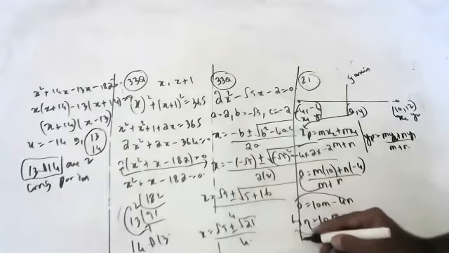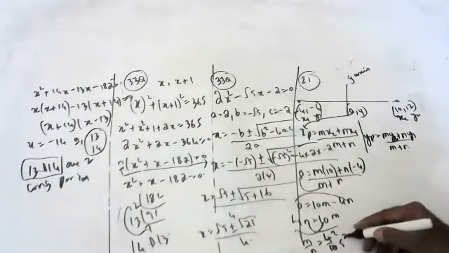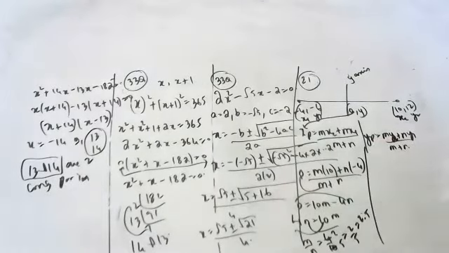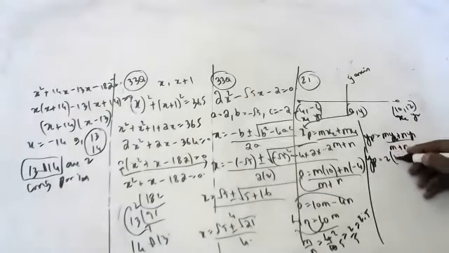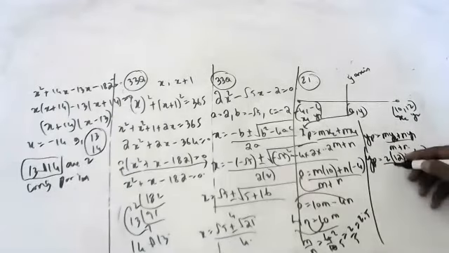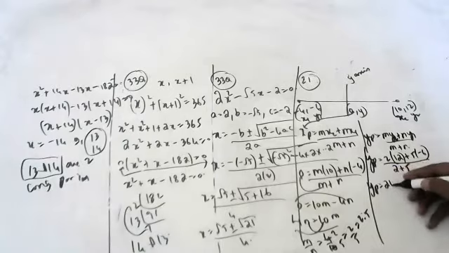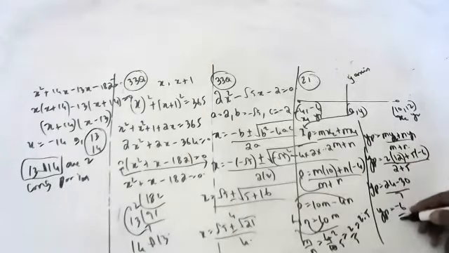So m by n is equal to 4 by 10. 2 2s are 4, 2 5s are 10, so it is 2 by 5. 2 is to 5. Using this 2 is to 5, now find y, children. So yp is equal to (2 into 12 plus 5 into minus 6) by (2 plus 5). So yp is equal to (24 minus 30) by 7, which is minus 6 by 7.